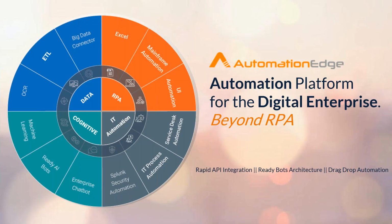Slightly going beyond these two quadrants, I would also like to very briefly talk about cognitive abilities of the tool as well. So Automation Edge also has cognitive abilities built right into the platform. We have ready bots for normal tasks. So a relevant example which I would like to talk about today is that of automatic ticket classification, where